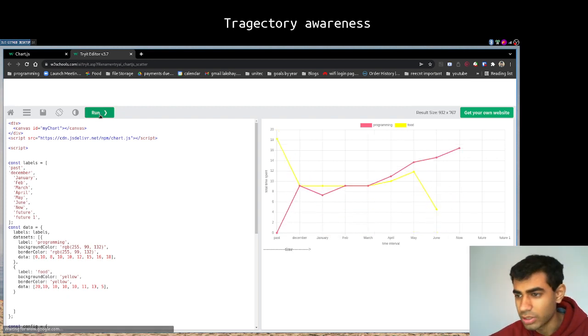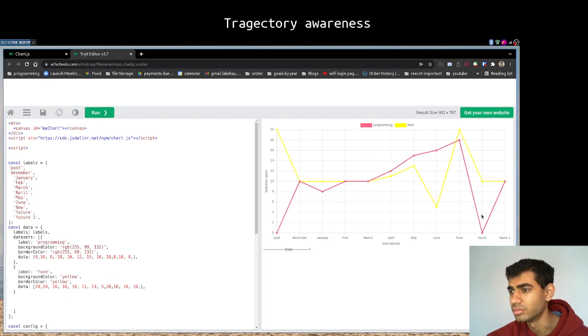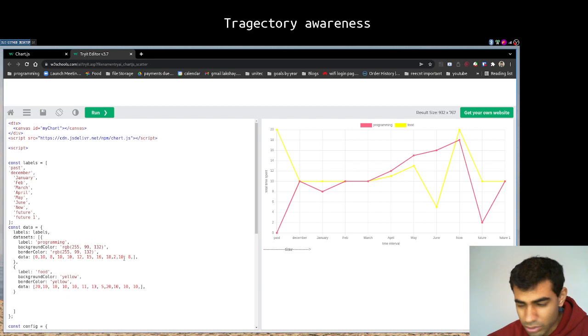So say if we do something like this, and it doesn't have the data for it, we can say history repeats itself and just add these things here. But the prediction of the future, you can't really say like that, because